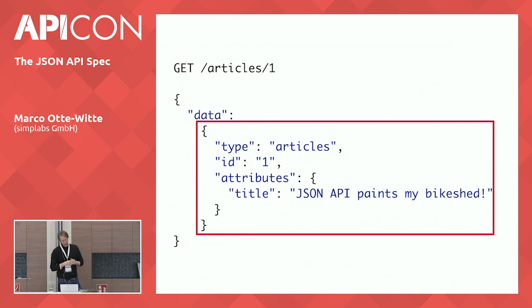And then the attributes key contains all the attributes. So that, like, separating the attributes just makes everything a bit more structured, and also, of course, you could actually have an attribute that is called attributes because it can't conflict, right? Because it would be inside the attributes key of the resource object. So this is what a response for a single resource object would look like.